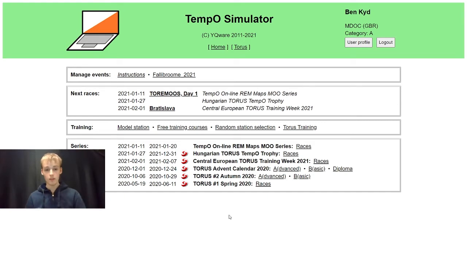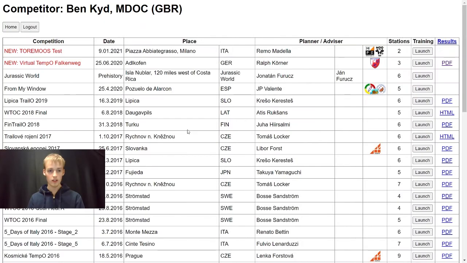This event can be found in the free training courses section on the Tempo simulator. There'll be a link to this in the description. This website is free to sign up with and you get access to all the tourist events and everything else that's going on, either now or in the past. So yeah, we're going under the free training courses section and we can see here at the very top